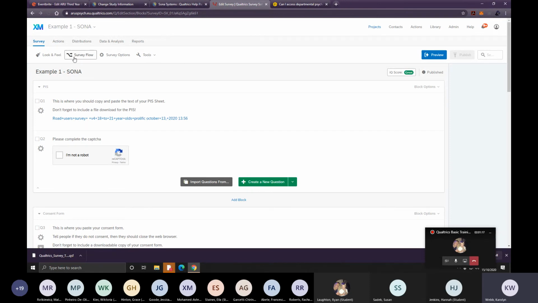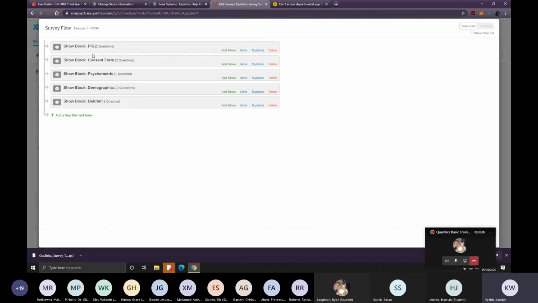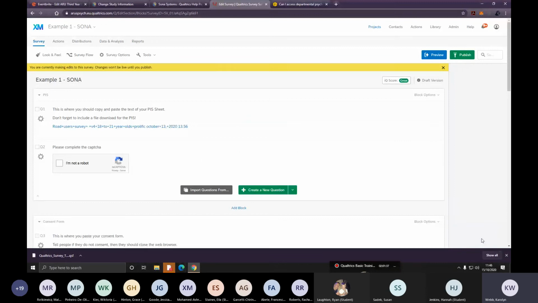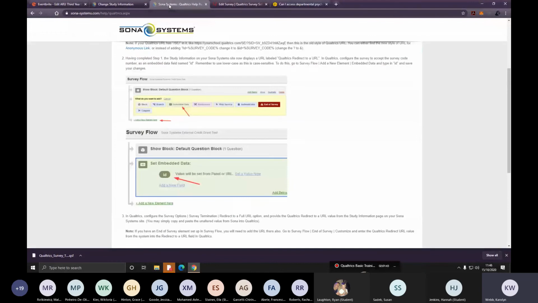Okay, go to survey flow, add new element, embedded data field, and just type in ID. And that's all you need to do. Okay, and then just need to save the flow, and that is step 2 done. Go back to your Qualtrics help and scroll down